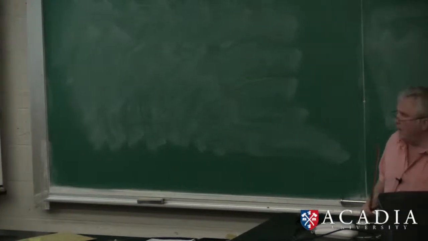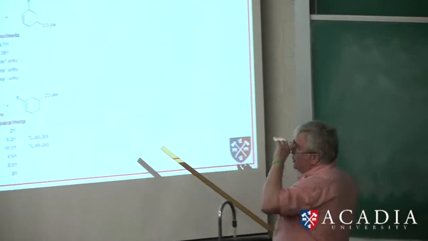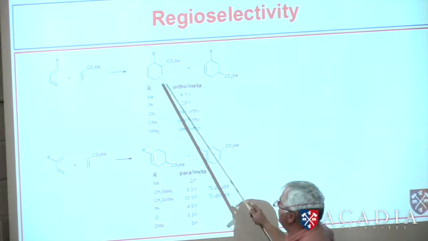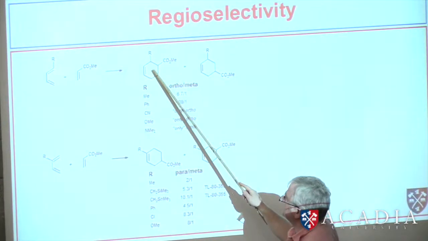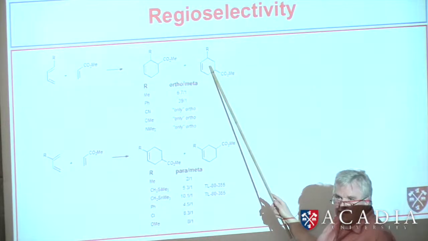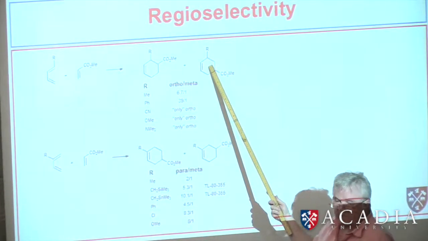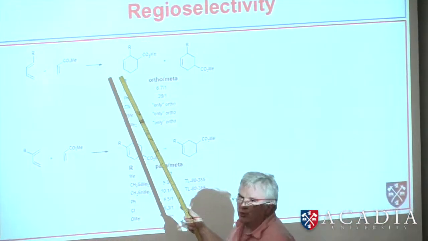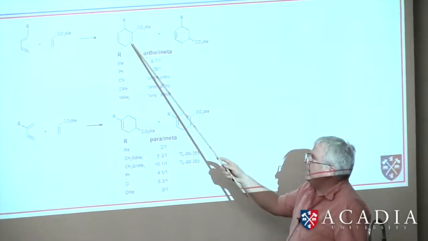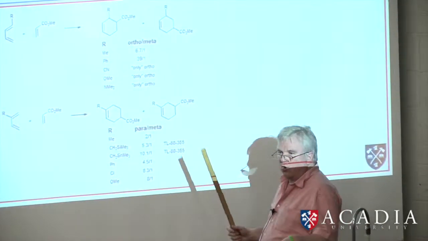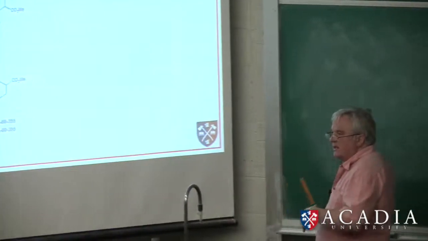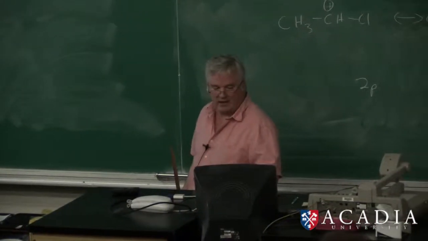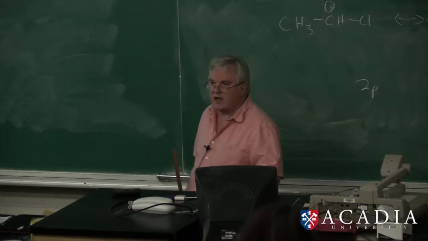Okay, I just have one more slide. Sorry that I'm going a little bit over. Regioselectivity. You can imagine that this can react like this, or we could flip it over and it could react like this. We actually get more of the favorable one. We get 6.7 times more of this product than this product. So we talk about it being regioselective because the bonds are forming in these regions. If we flip it over, we get the other regioisomer. Okay? And these are very regioselective. So the reaction is very good for building stereochemistry into products. And we're going to stop there. We have a little bit more to do here, but you should have enough to finish your